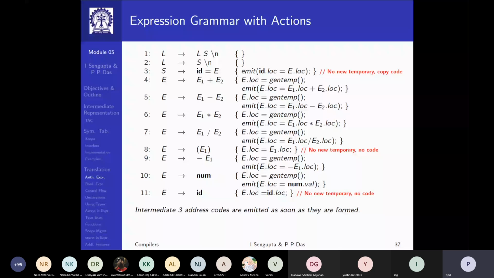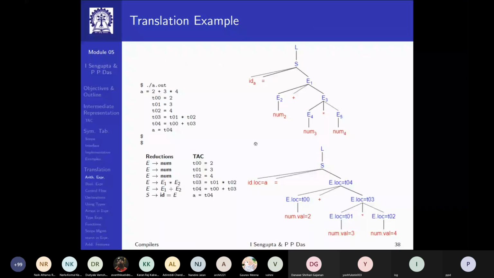Now, let us walk through an example. This is the expression, and this is the corresponding parse tree. You will always have to remember that these actions will be taken along with the reduction. So on the parse tree, you'll have to decide the order of operation based on the order of reduction.